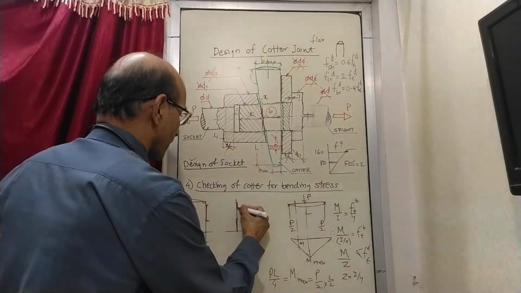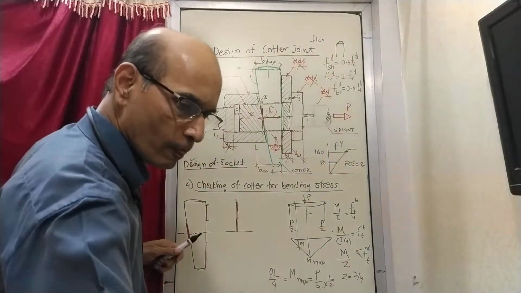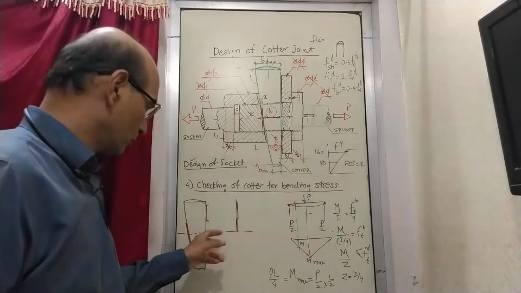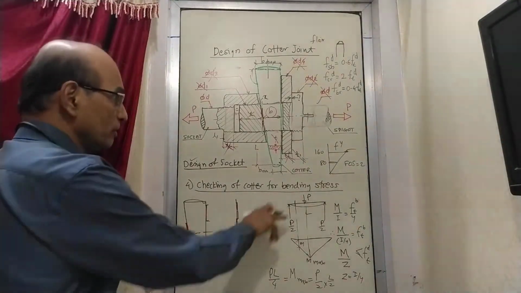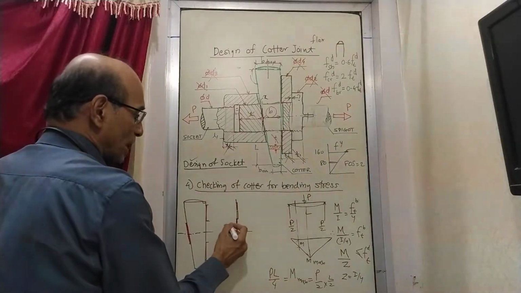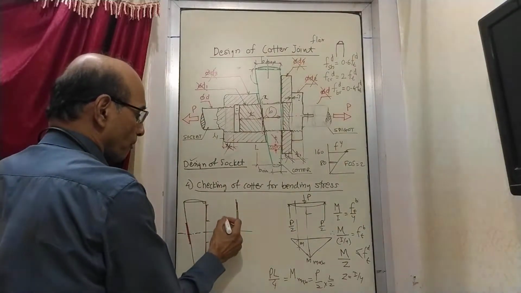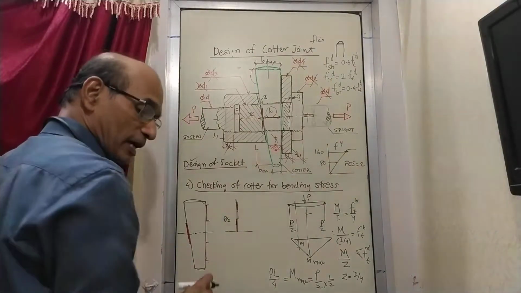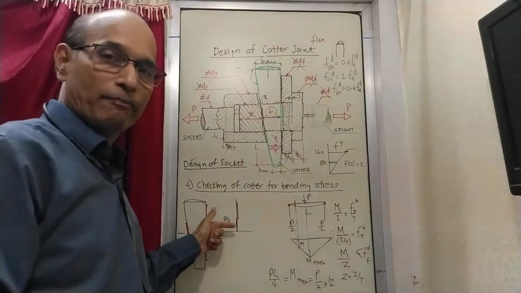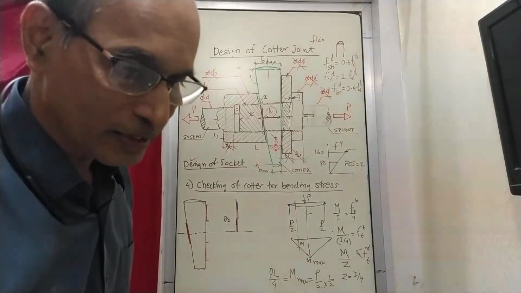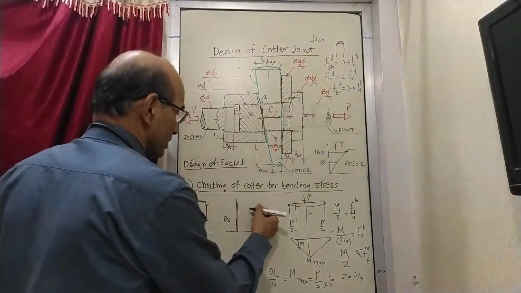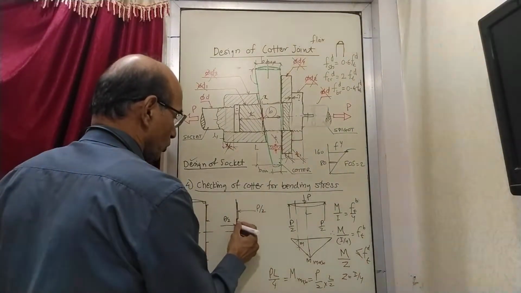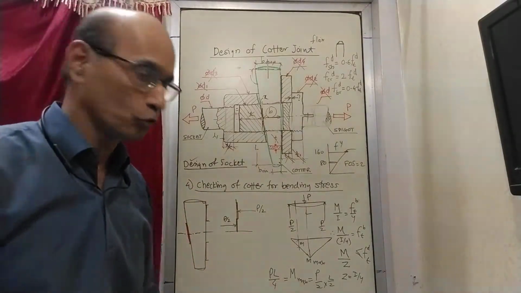And it is on this side. So contact with the socket and contact with the spigot. Now since the total load is P, on half side what is applied here is P by 2. Where this P by 2 is applied is what is to be thought of. P by 2 is applied here, and at the same time P by 2 is applied on this side also. So total actually is P applied.